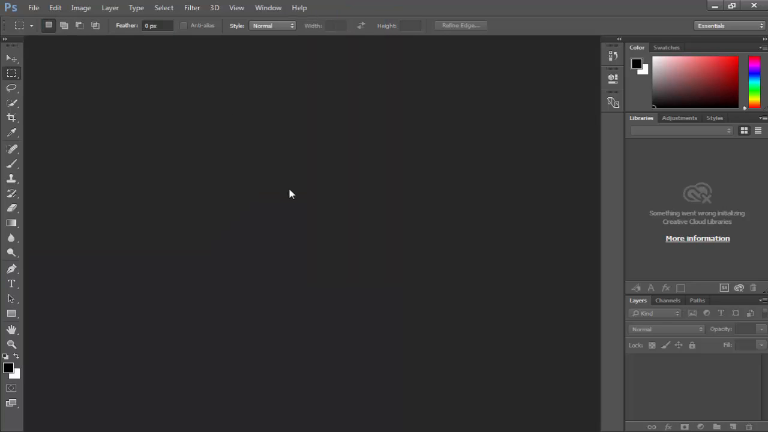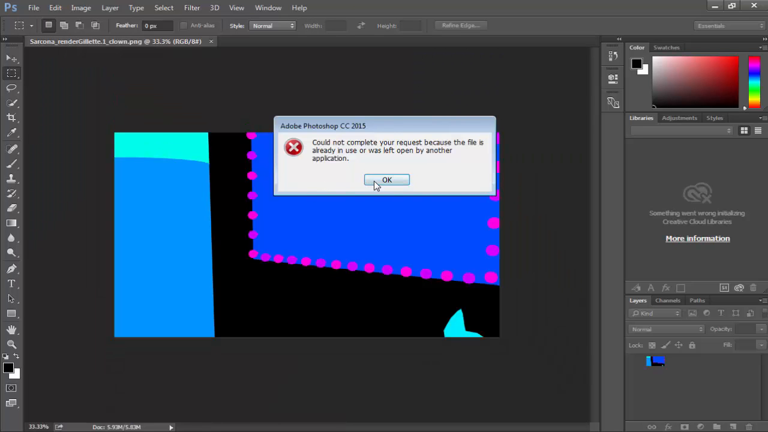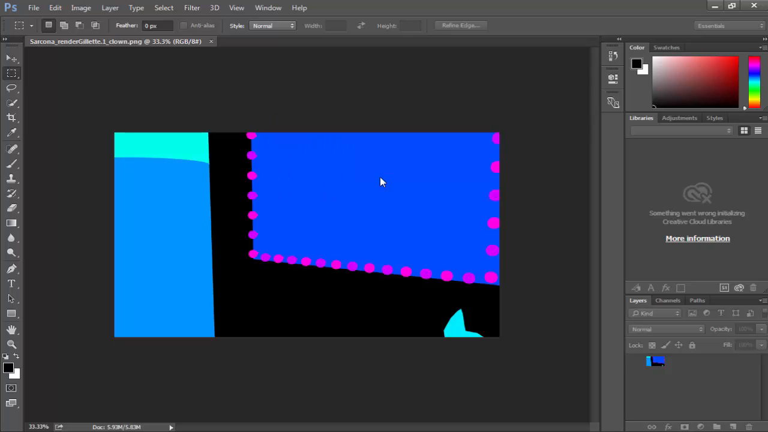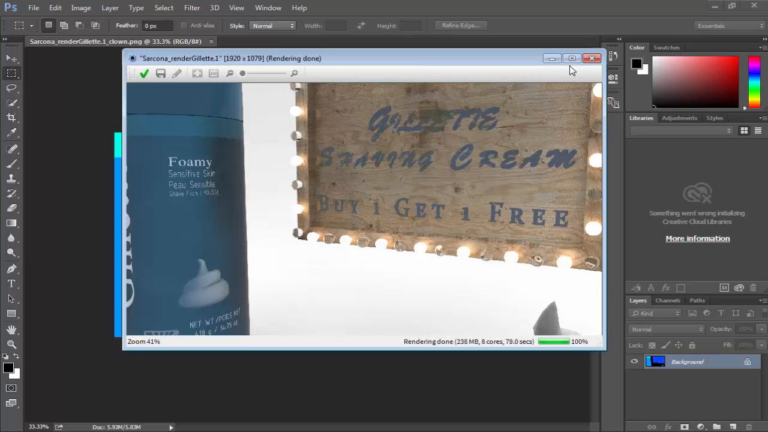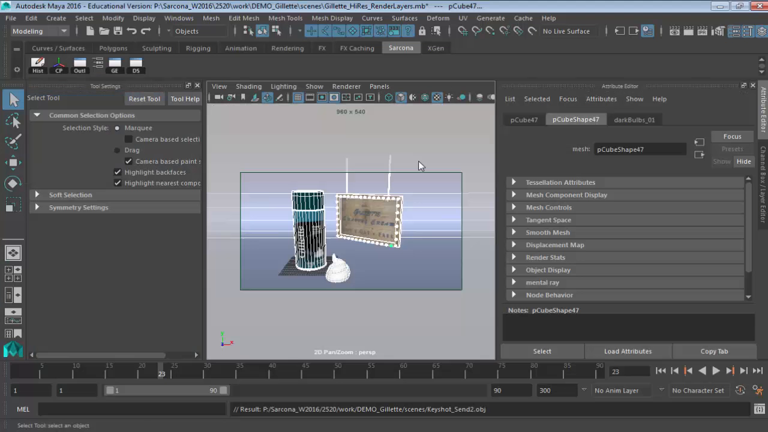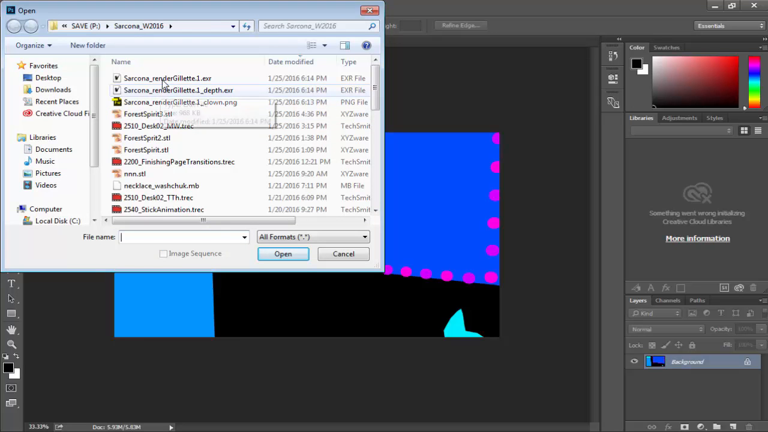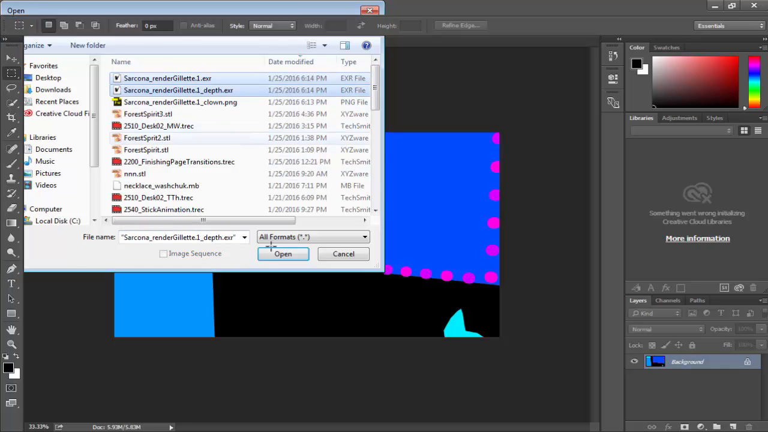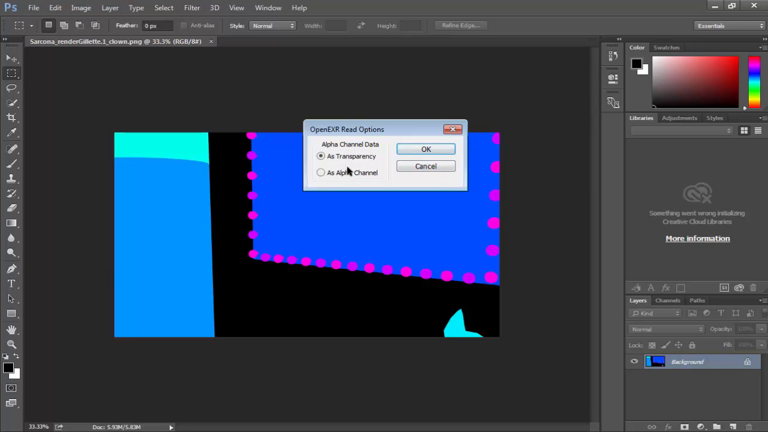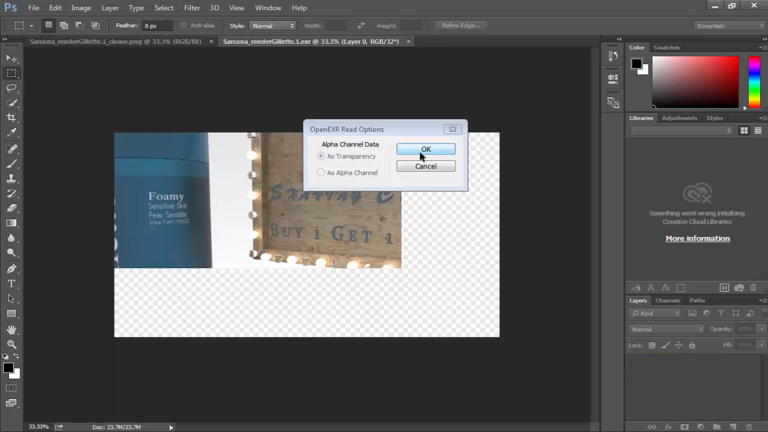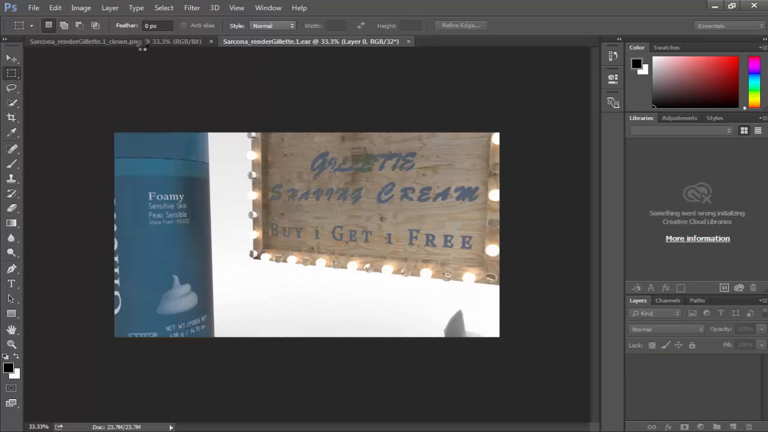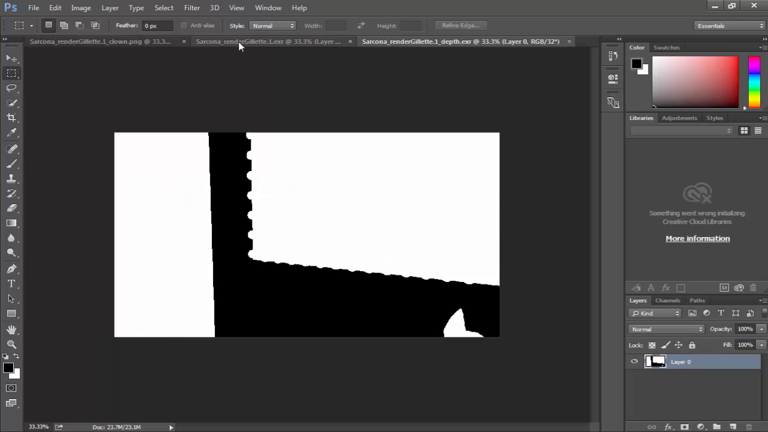The depth pass in Photoshop isn't going to be usable, so I'm not even going to worry about it. I just want you to see it inside of Photoshop. I'll close this. I hit OK, and then reopen that file. So EXR in depth. I'm going to say as transparency, and as transparency. There we go. Okay. So inside of here,